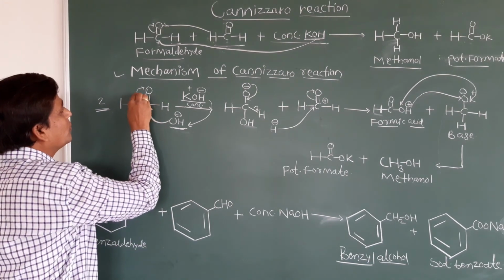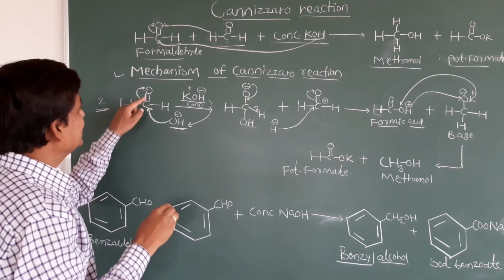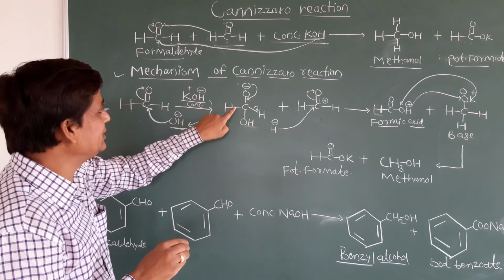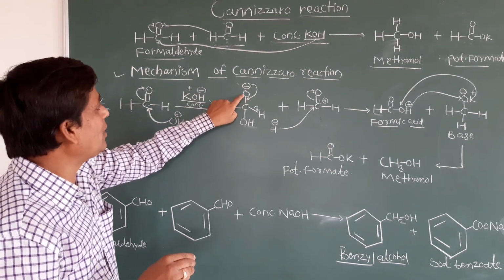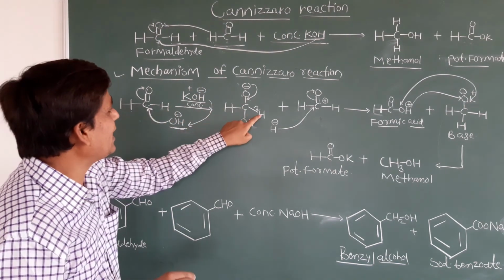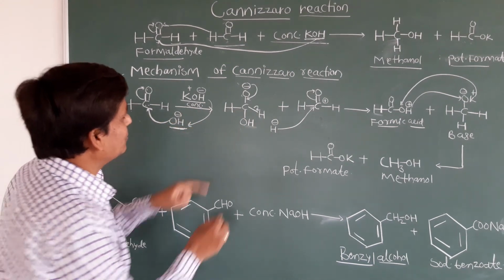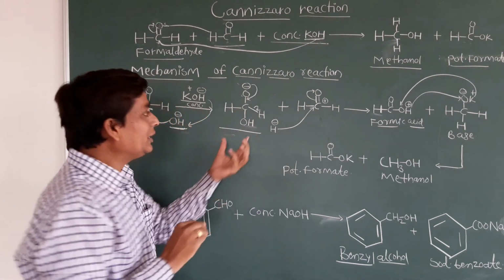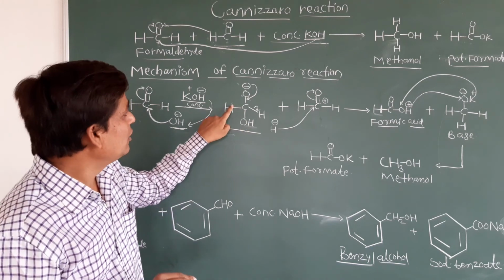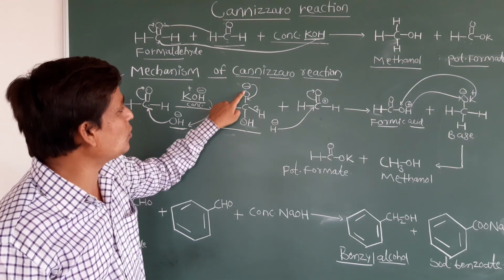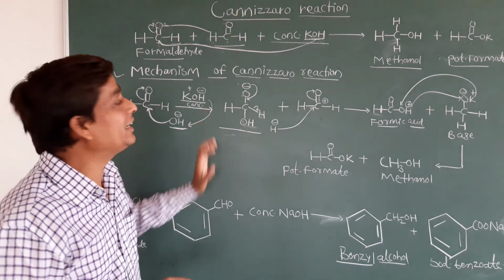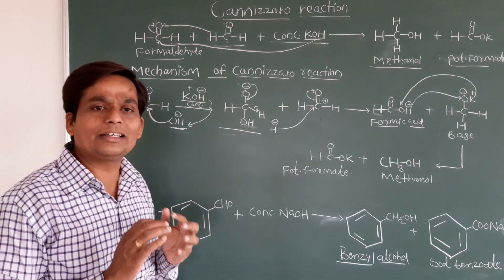Then what happens now? This double bond is going to shift, so this oxygen now carries the minus charge. See this example, HCO minus. This hydrogen remains as it is and this OH is attached to this carbon. So here we will get one tetrahedral structure. Check it, four different groups are there, H, O minus, H, OH. It means it is a tetrahedral geometry. We get one tetrahedral structure.